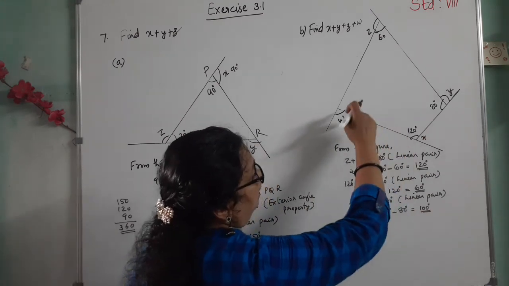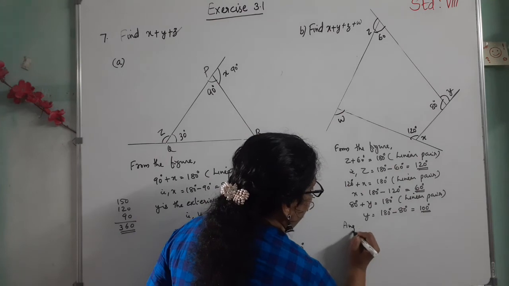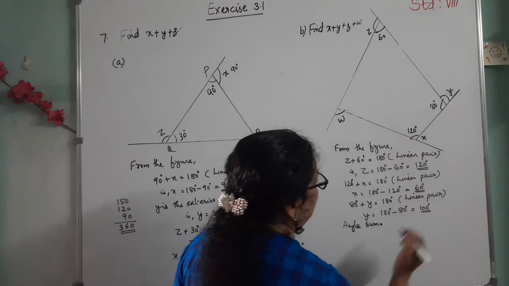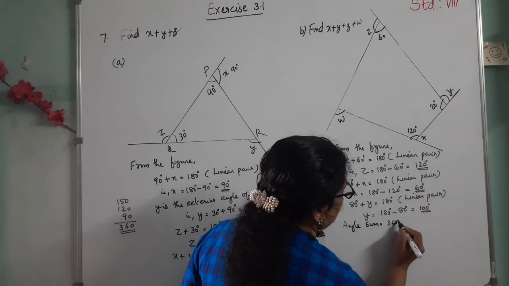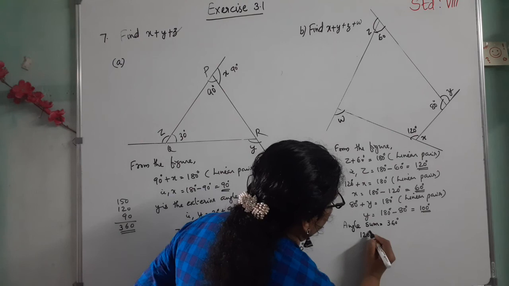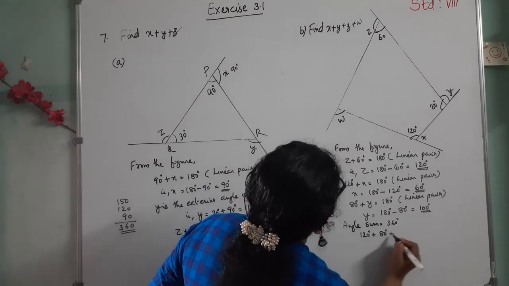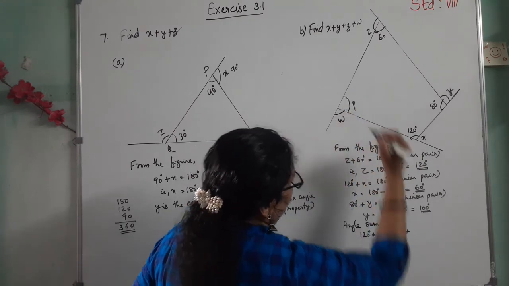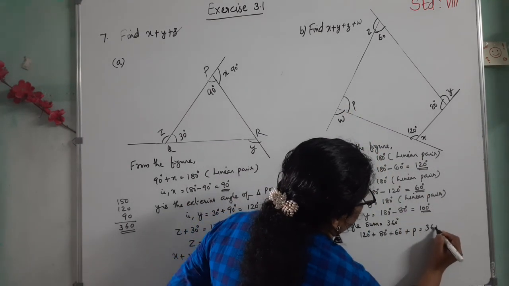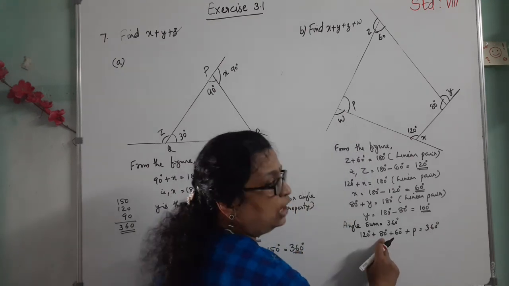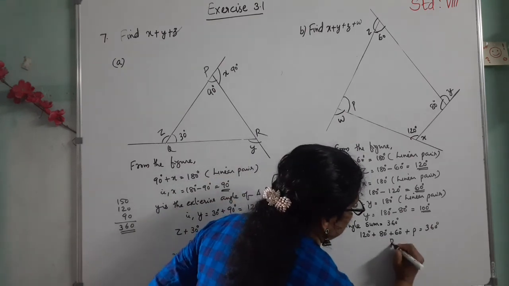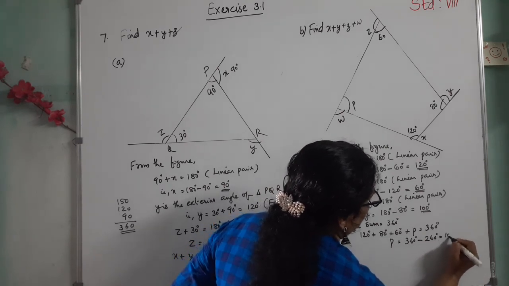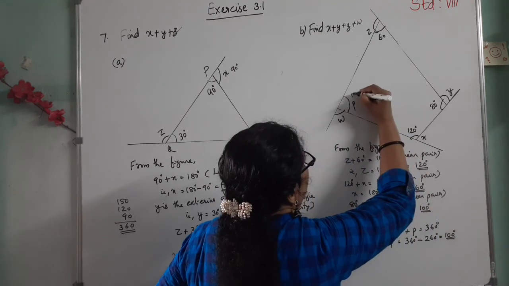In the figure we know that the angle sum equals n minus 2 into 180 degrees. Here it is a quadrilateral, so 360 degrees. Here given 120 degrees plus 80 degrees plus 60 degrees plus this angle, let it be P, equals 360 degrees. Here 120 plus 80 is 200, plus 60 is 260. That is P equals 360 degrees minus 260 degrees, which is equal to 100 degrees. That is here we get 100.